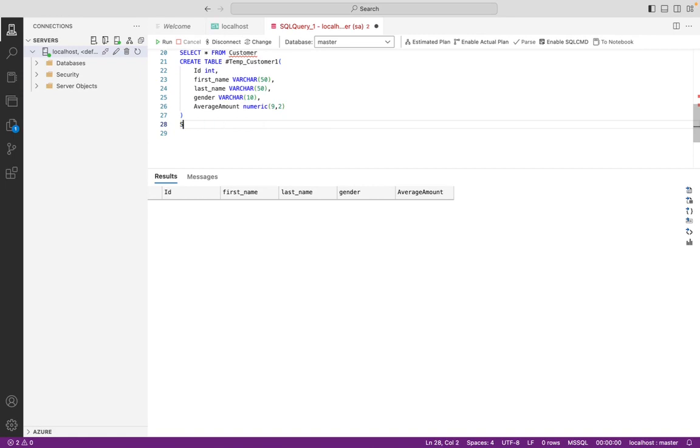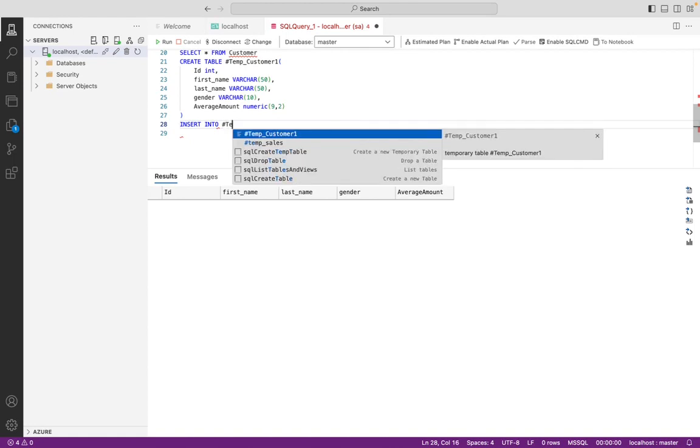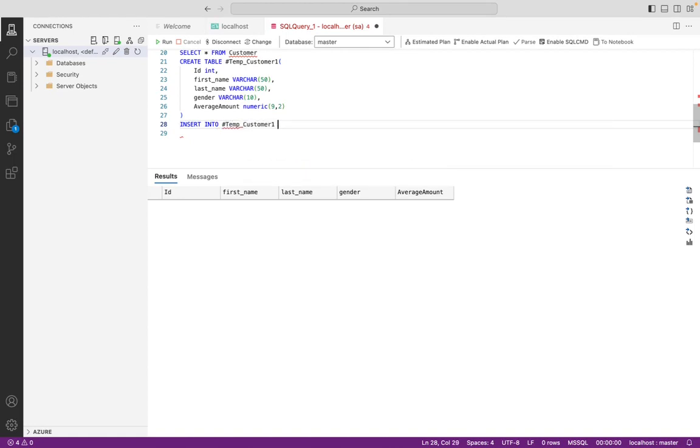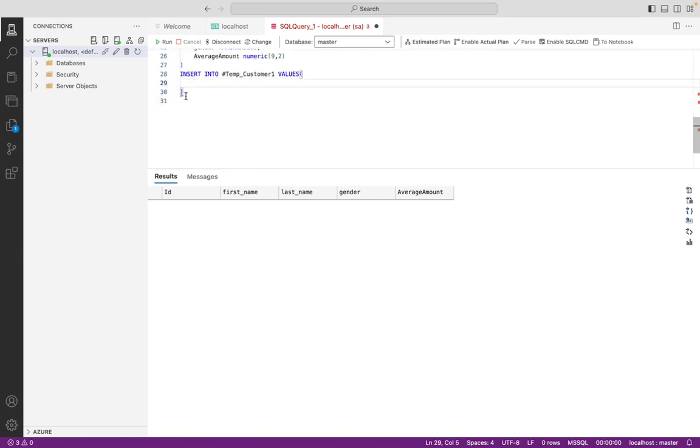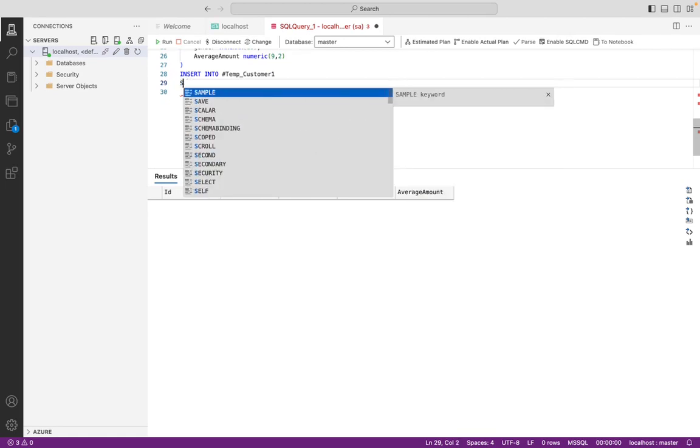So what we want to do here is see how we can insert values into this temporary table. So we can come ahead and say insert into #temp_customer_one and values, right? So you can do this and then begin to input values one after the other, just the way we did for temp sales. So another one I want to illustrate here is that instead of inputting values one after the other, we can actually come ahead here and then select